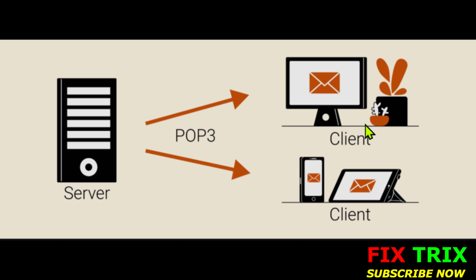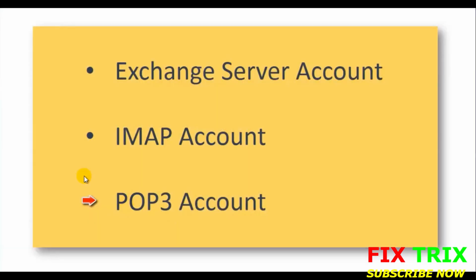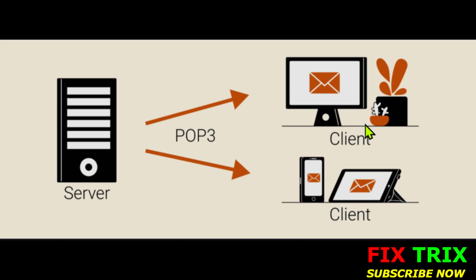How it works? Outlook connects to your mail server, for example Gmail. It downloads all new email into your computer. Then, depending on the setting, it deletes the email from the server or keeps them for a few days. You can now read them offline anytime because they are stored locally. So once the emails are downloaded, they live only on your computer. If you open the same email account on another device, that device might not see those emails because they have already been pulled off the server.